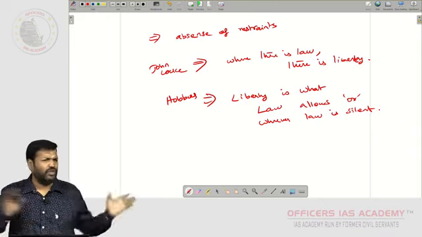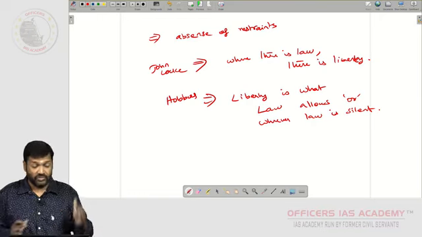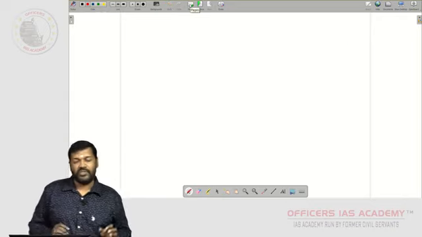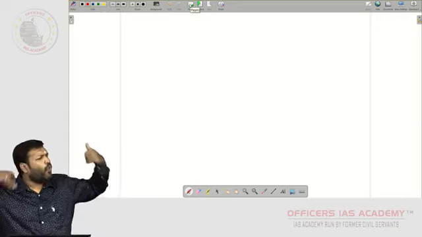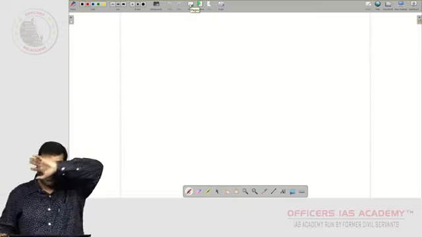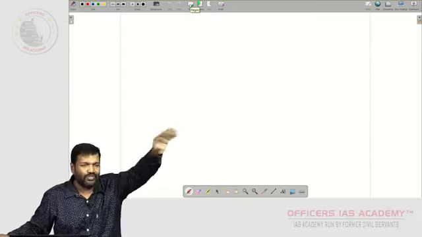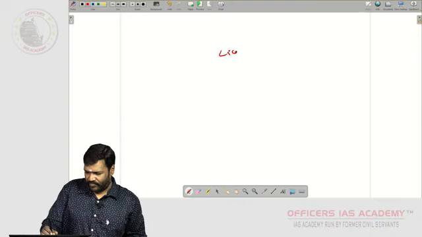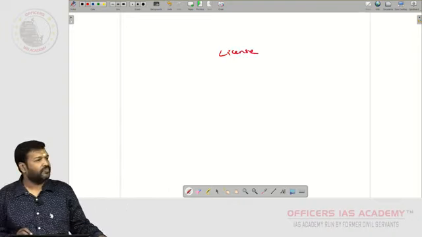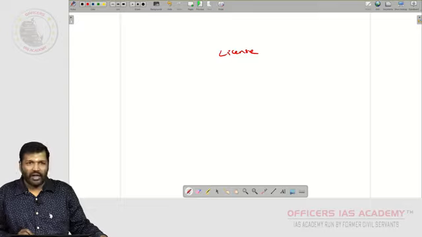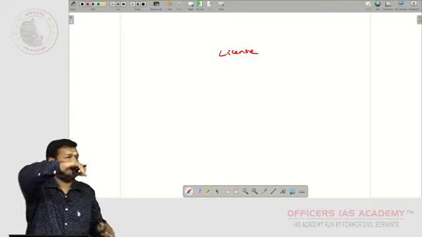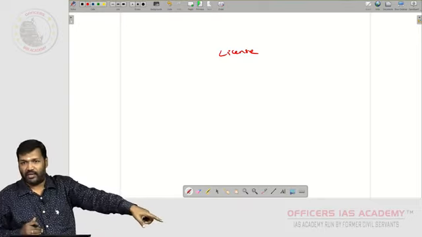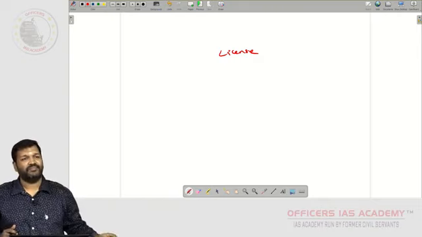But is it really true? Political science philosophers like John Locke and Thomas Hobbes discuss that. They said, if you are allowed to do whatever you want, that is not liberty, that is not freedom. That is only license. But there should be some restriction in such a way that your liberty does not affect that person's liberty.